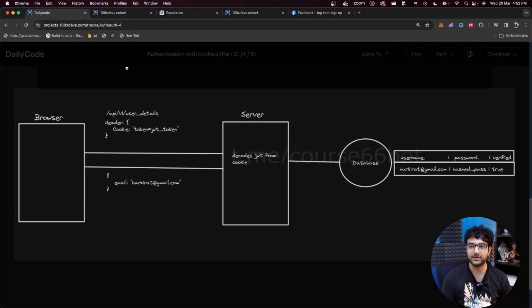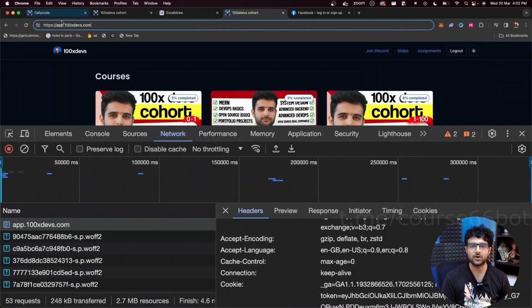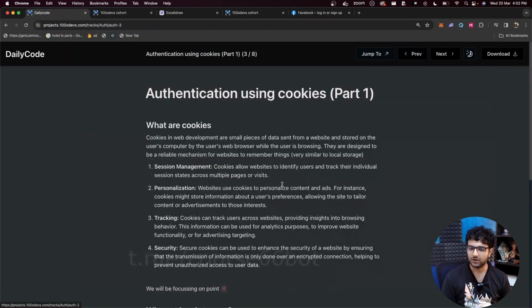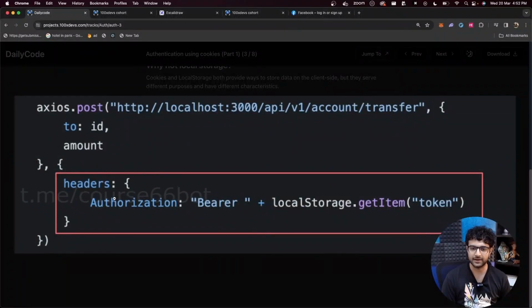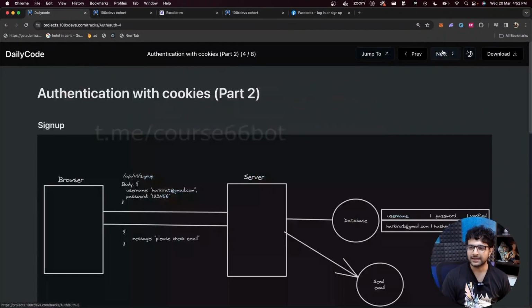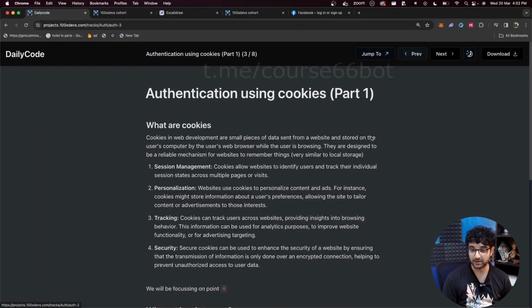Even the top level requests, even the request to app.100xsteps.com. And I don't have to explicitly attach the authorization header from local storage. This is the benefit of using cookies. There are a bunch of other benefits, which is,